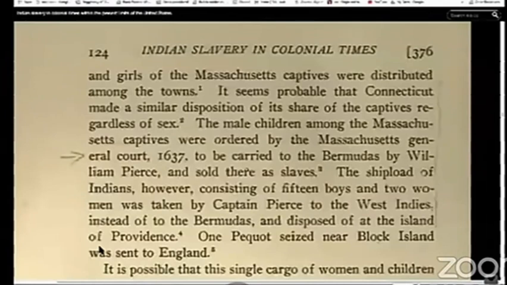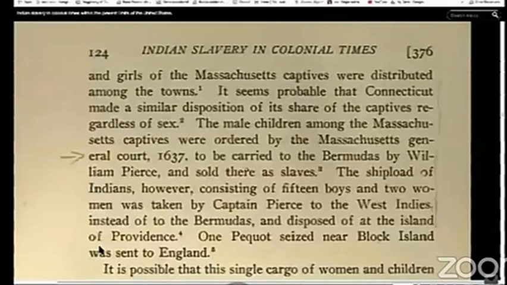All right, so these Pequot were sent to Providence Island. This is off the coast of Honduras and Nicaragua, in between those countries and Jamaica, and a lot of those people ended up with the mosquitoes, or mosquito people, and they're supposed to be Africans, but if you saw part 3 of this series, we know it was actually American Indians that were taken there.